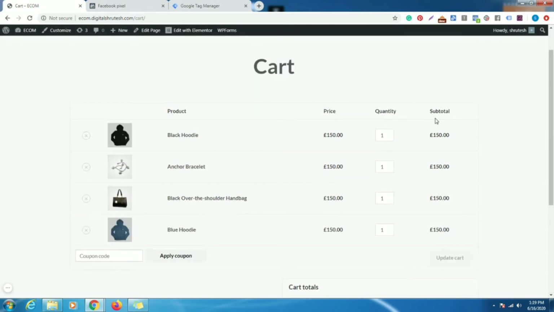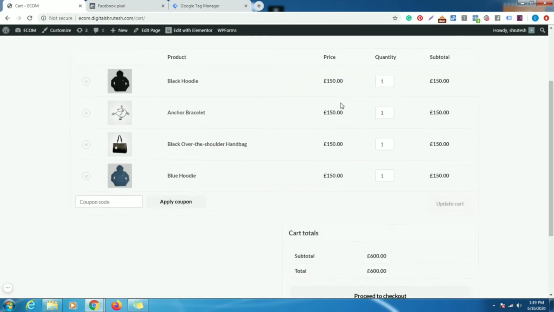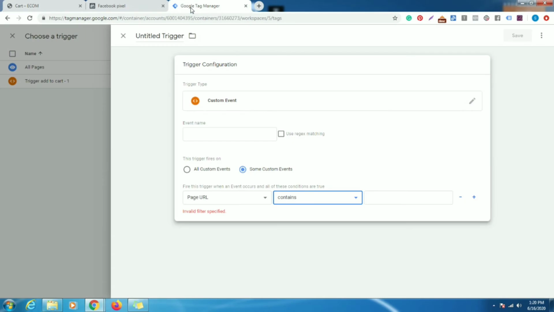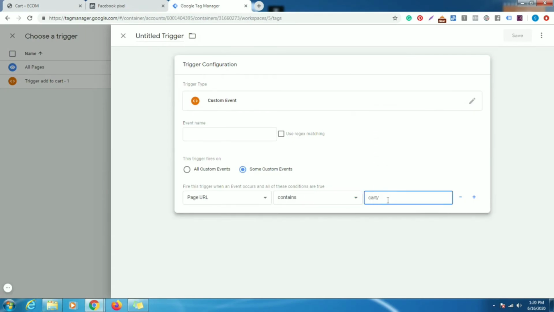So those who have added their product to the cart but not made a payment, we want to track all these persons. So we are going to see this trigger, the cart trigger. Okay, copy and then go to Tag Manager and set, in URL contains cart. Okay, so I am going to create this trigger.